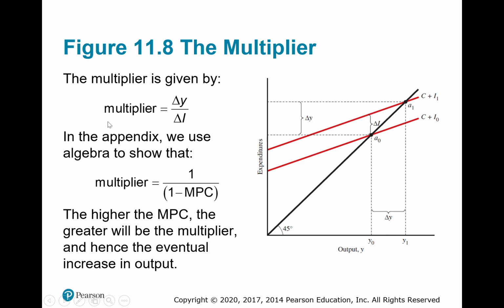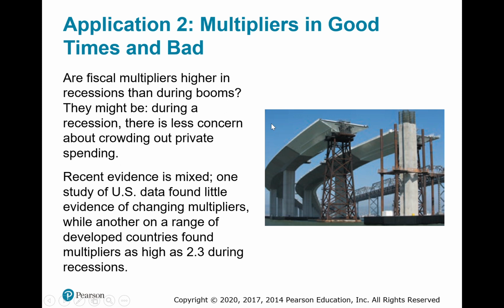So the multiplier, change in Y over change in I, basically works out to this: 1 divided by 1 minus MPC, excuse me, which ends up being 1 divided by MPS. That's actually what the multiplier is. All right, so if we look at another application, multipliers are good and bad things. So if we look at bad things, they can have a domino effect negatively. We can look at the Great Depression. That explains that. But they can also look at good times as well,